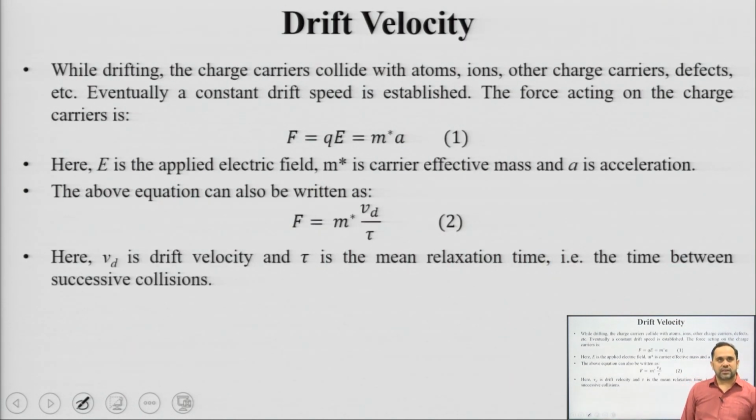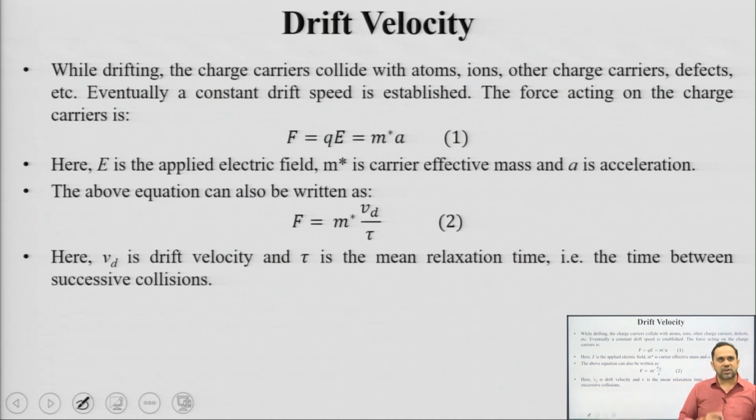While drifting, as I said, these charge carriers collide. What can they collide with? They can collide with other atoms, ions, the heavier particles which do not move, okay. With other charge carriers also, and some defects in the material. Okay. So, there are continuous collisions also. When electrons are drifting from the negative to the positive electrode, there are constant collisions inside the semiconductor material. Okay. After a certain time, a constant equilibrium is reached. So, I can say that a constant drift velocity has been achieved under the presence of an electric field, which is say constant and at a reasonable value, I would say low to moderate value, I would say that a constant drift speed has been achieved.